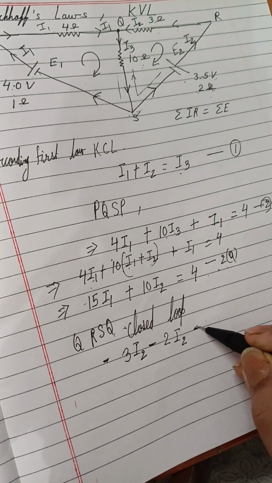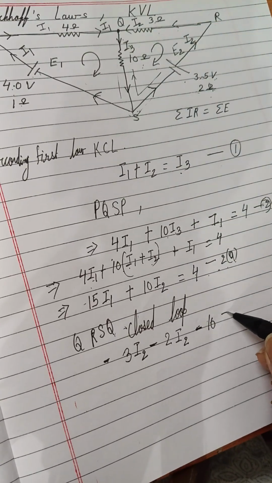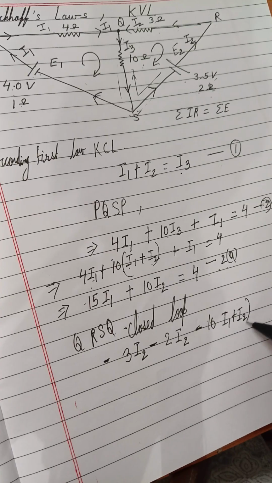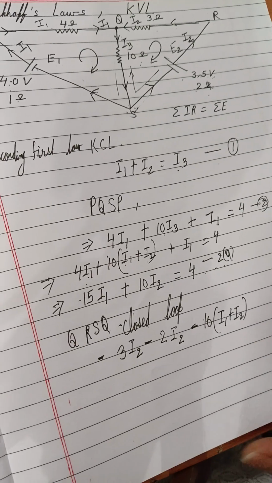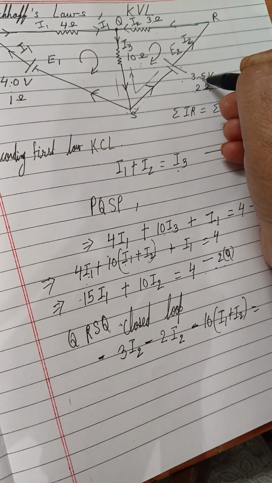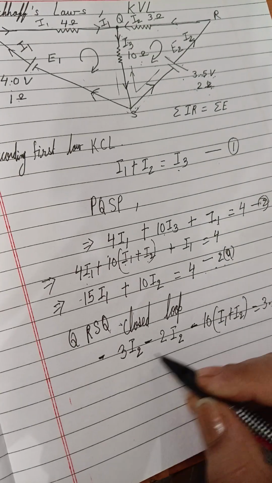So again I am getting minus 10, and this is I3. So in the place of I3 we can write I1 plus I2. Okay, is equal to, you can see the EMF value we have, that is 3.5. Write the value 3.5, that is okay,